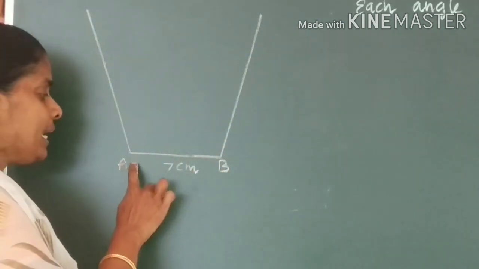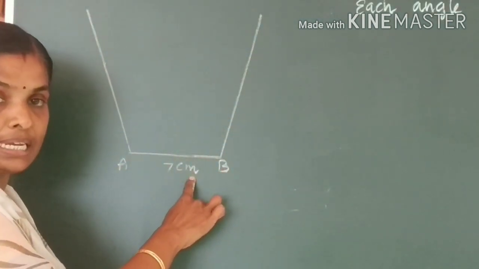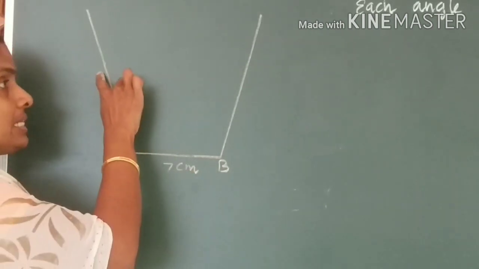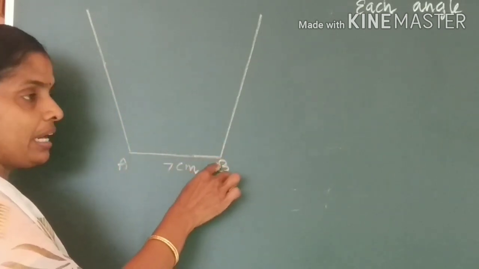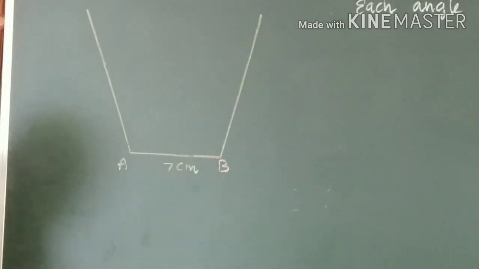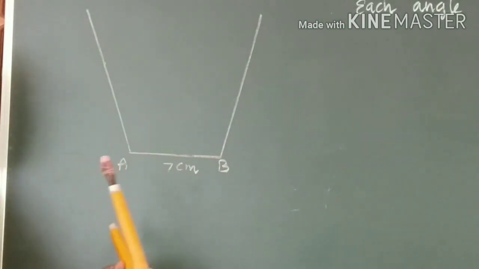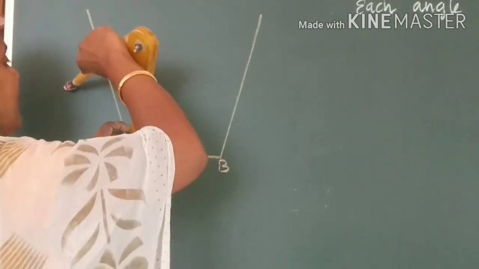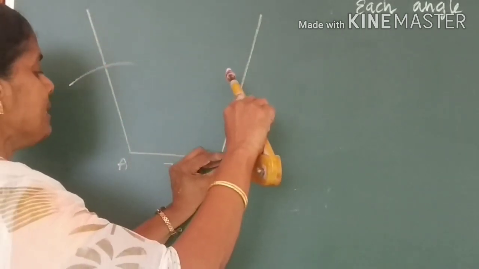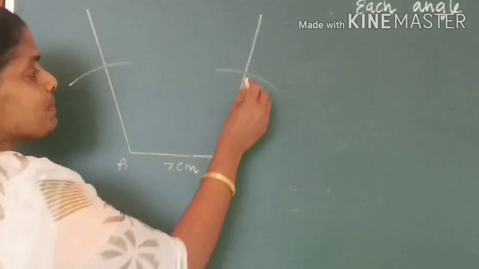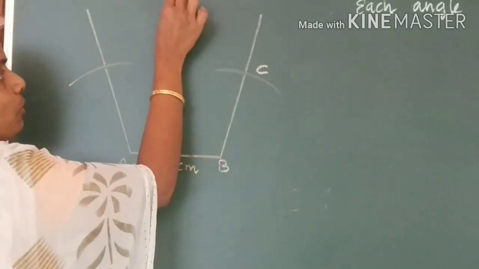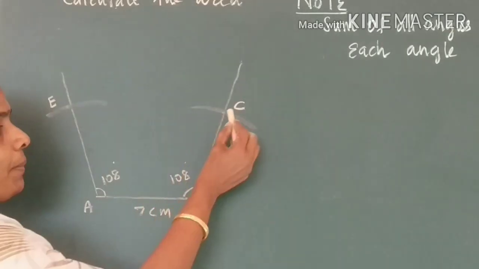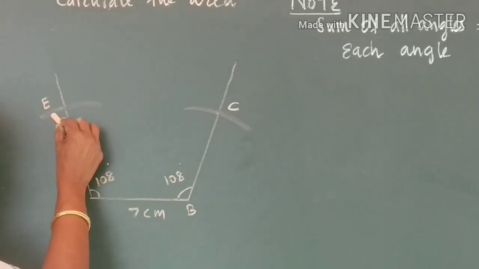Now each side I am going to take as 7 centimeters. So keep your compass at A and cut an arc for 7 centimeters. Similarly at B, cut an arc for 7 centimeters. So this measure I have taken in my compass and 2 arcs are cut at the points. Let us name this point C. One more point you will get, that is D, and this point is E. Got the points C and also E.